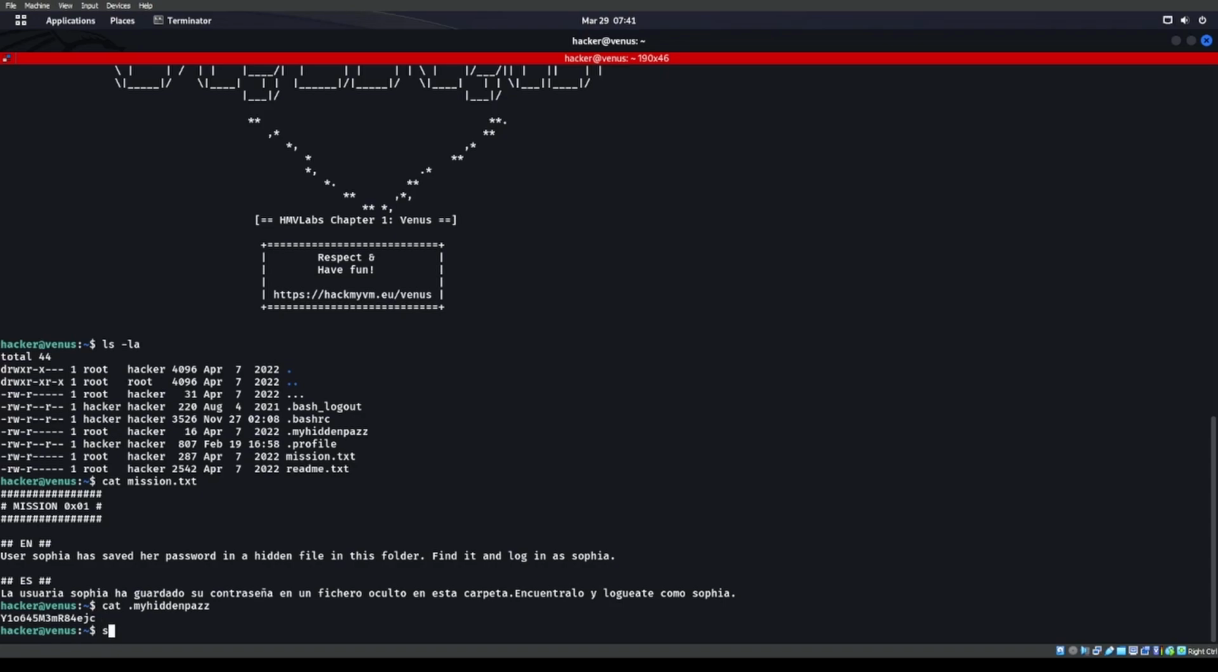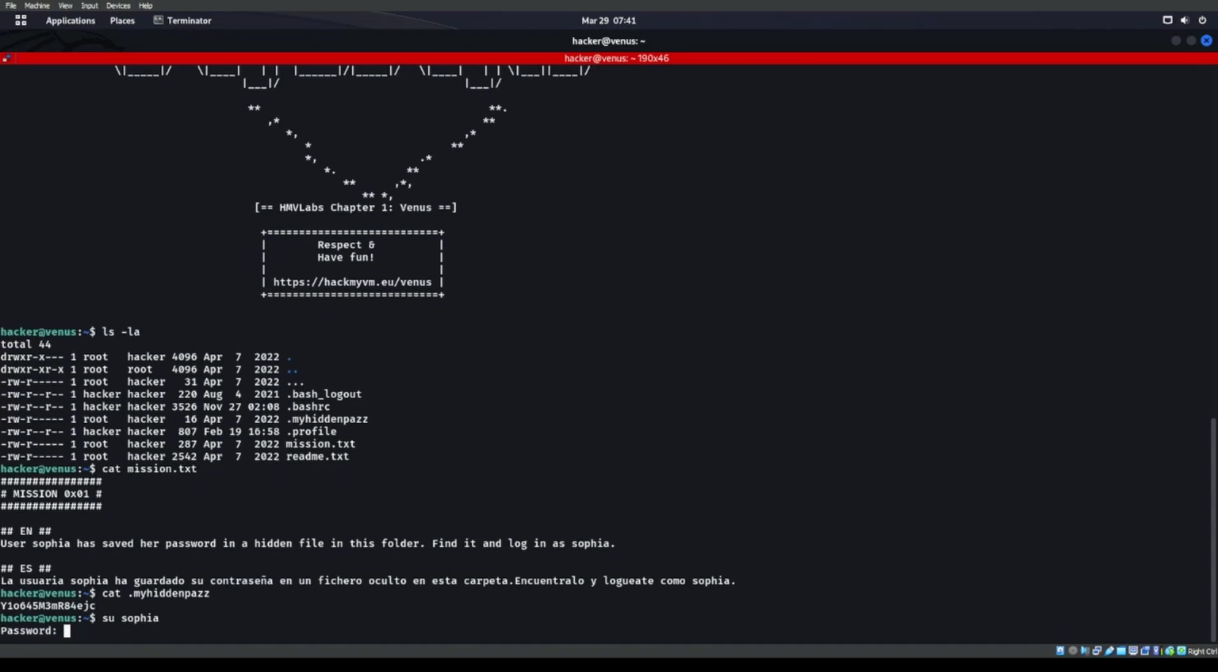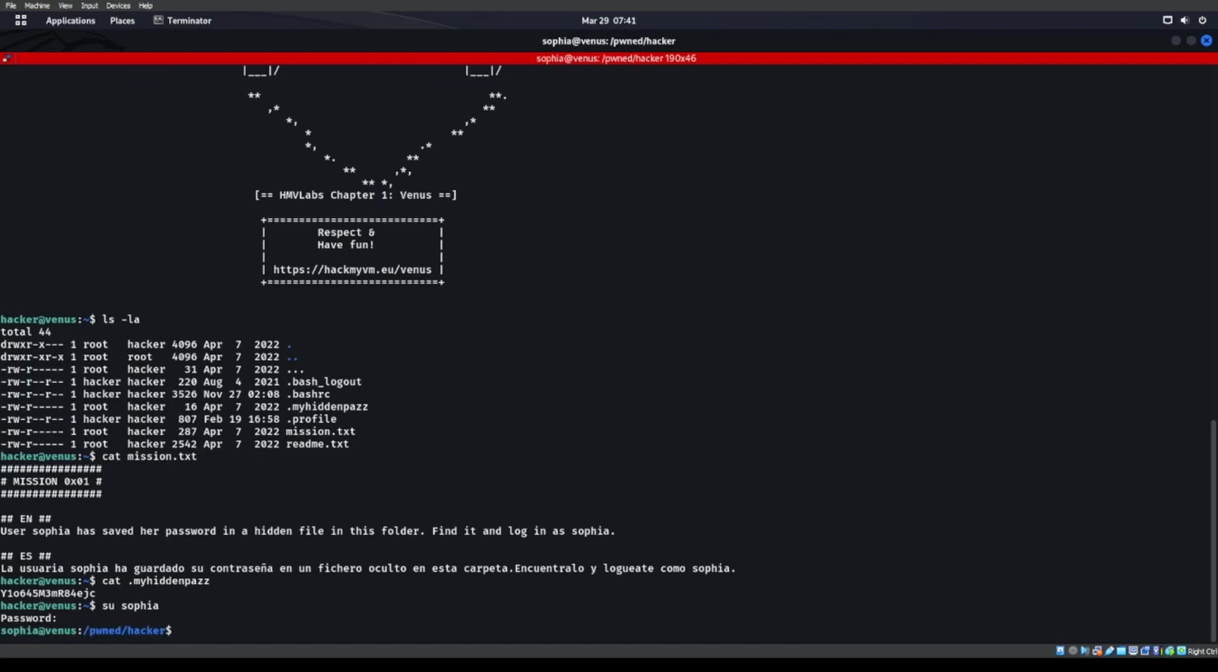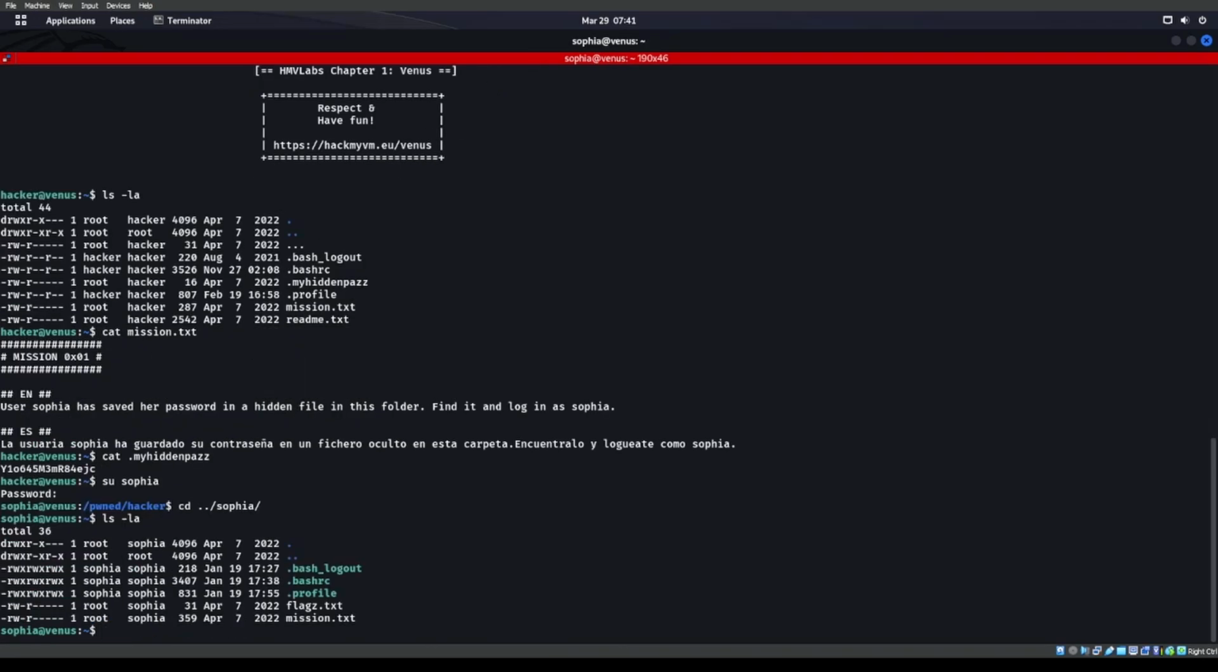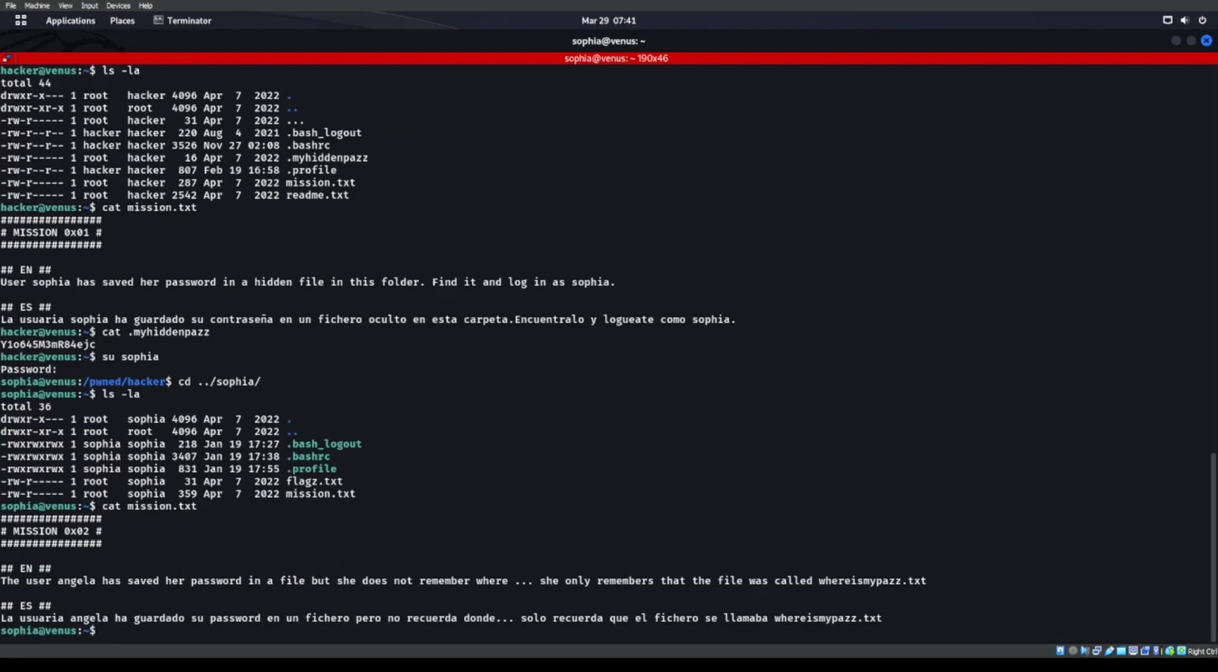So let's go ahead and su into Sophia. All right. It says user Sophia, and that's her password. So we'll go ahead and cd back into Sophia, and cat the mission. We have the user Angela has saved her password in a file, but she does not remember where. She remembers that the file is called whereismypath.txt. Okay, so let's go ahead and